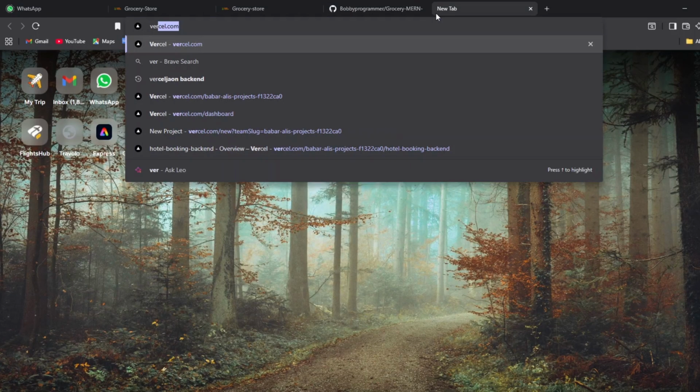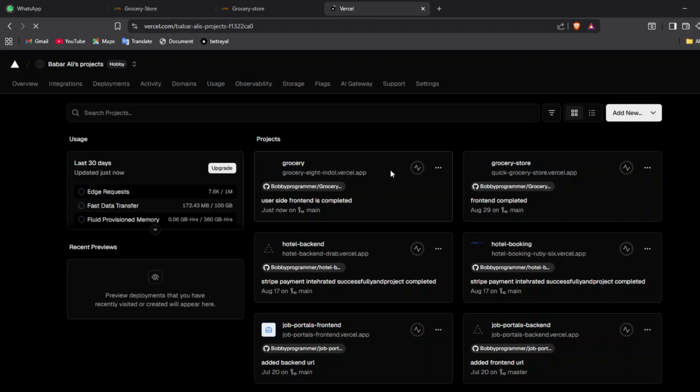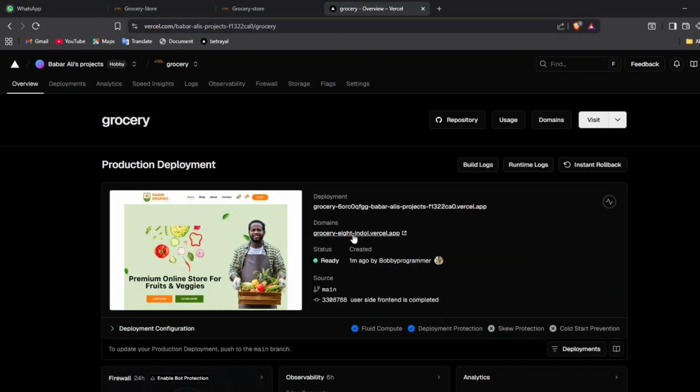If we check on our Vercel, I am opening Vercel. So our project is successfully detected by Vercel, and it was implemented on our live URL. So this is our project on Vercel. I am just going to open this. Okay, our domain is here. You can see grocery 8 something like this. If I click on this,